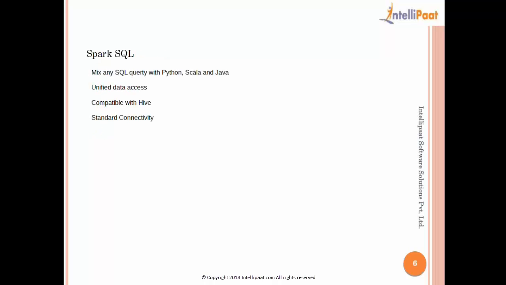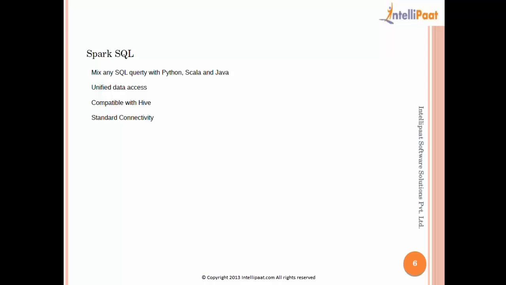So I gave a brief overview of all that. I'll be going through one by one now. We'll take a look at Spark SQL. Spark lets you run structured queries on relational data, and like I said, you can embed your queries in Python,